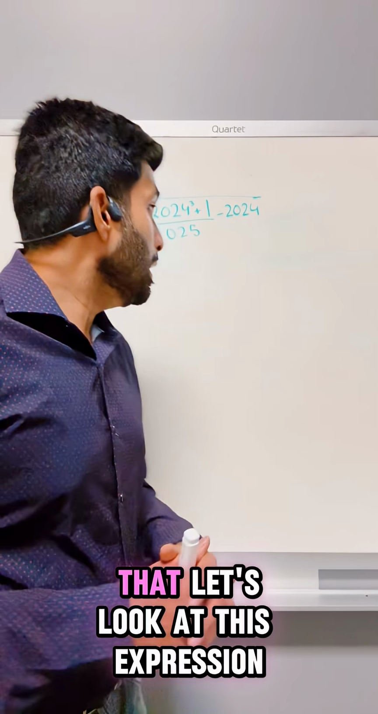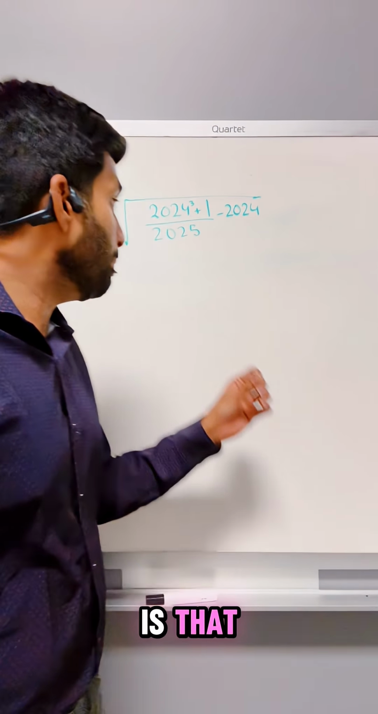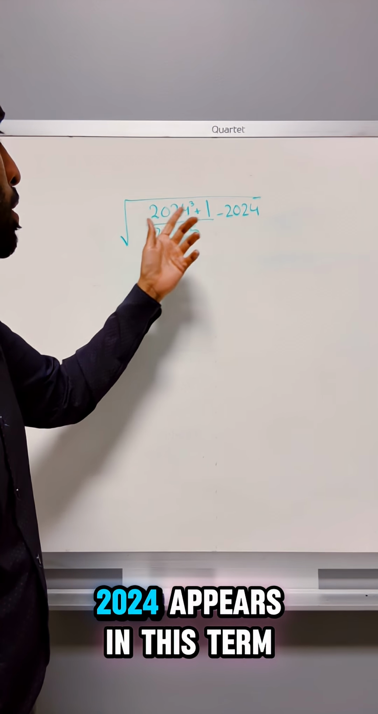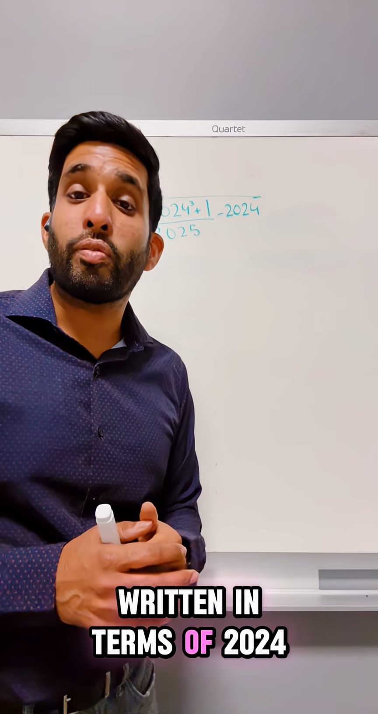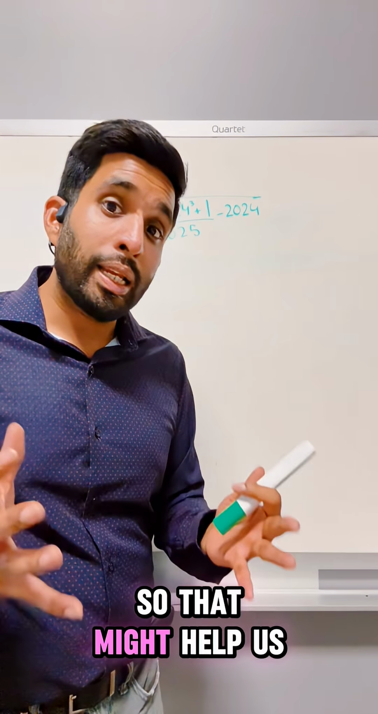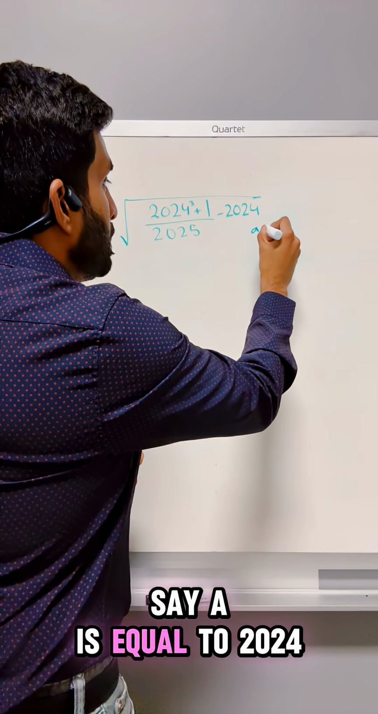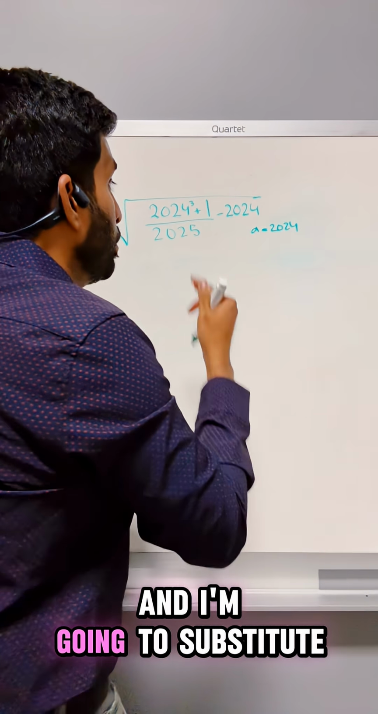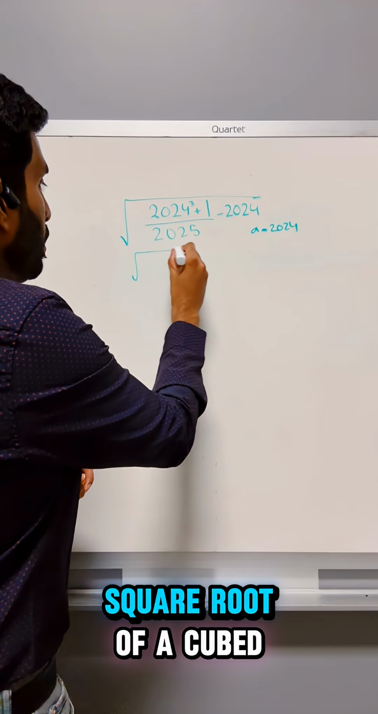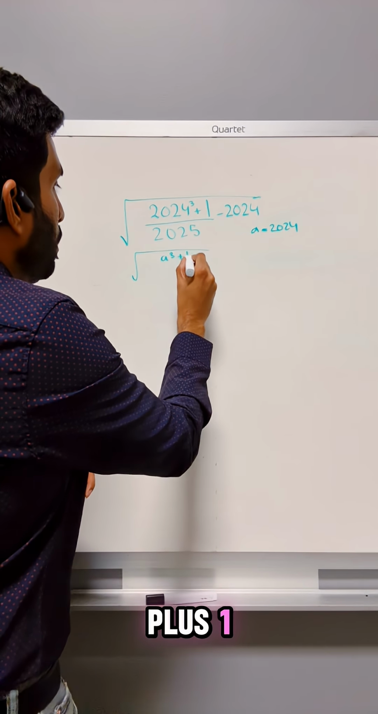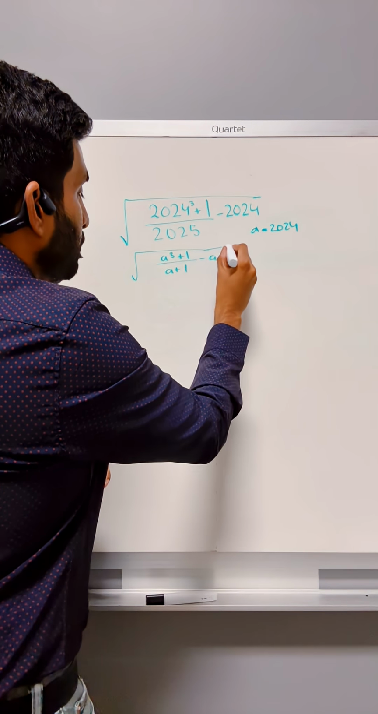Now that you've done that, let's look at this expression. One thing to notice here is that the number 2024 appears in this term and this term, and even 2025 can be written in terms of 2024. So that might help us simplify things. The first thing I'm going to do is say A is equal to 2024, and substitute A into this expression, right? So we end up with the square root of A cubed plus 1 divided by A plus 1 minus A, all